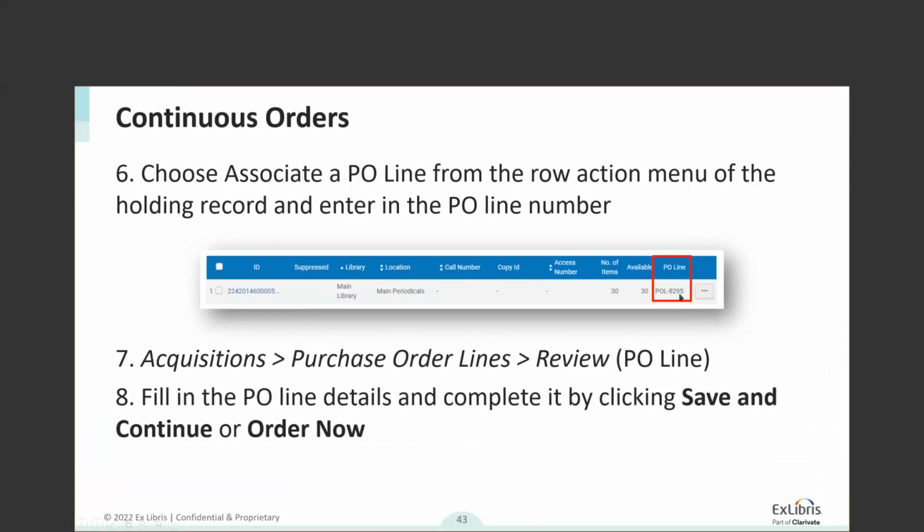Just copy it, just paste it because you would have copied it. And then go back into acquisitions, purchase order lines review. Finish your PO line details, vendor, price, etc. And you're done. So the whole benefit of this is to use your existing holding record